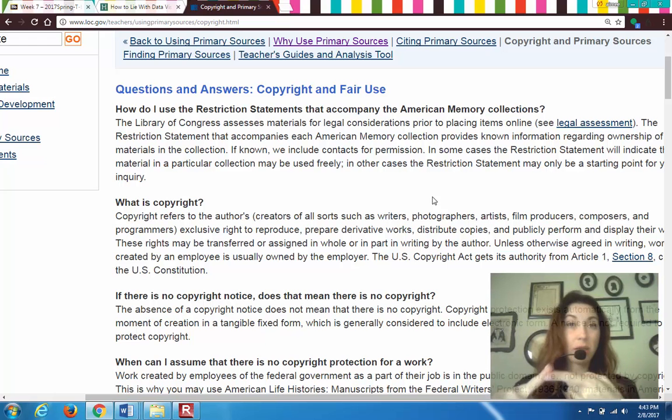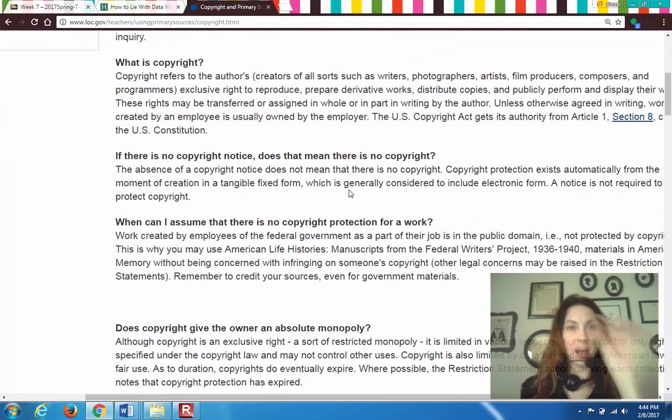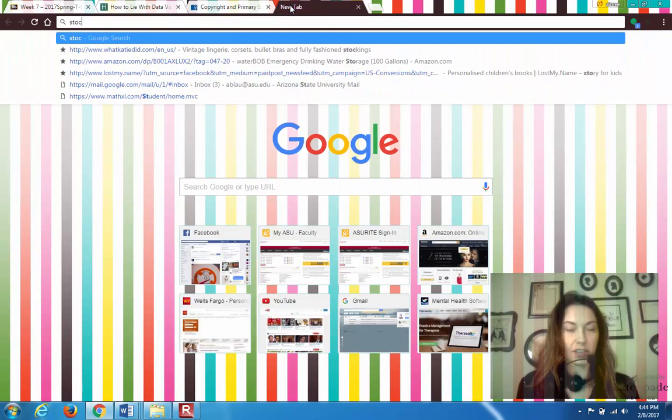So if I write a poem, I'm the owner of that. You can't sell my poem. You can't pass that poem off as yours. You can't make it into a poster. It's my poem. You have to ask me for permission. So that's basically what copyright is. Even if there isn't a copyright symbol on something, if it's created by someone, it's copyrighted, and you cannot use it without permission. Period. You can't just go in and find a stock photo